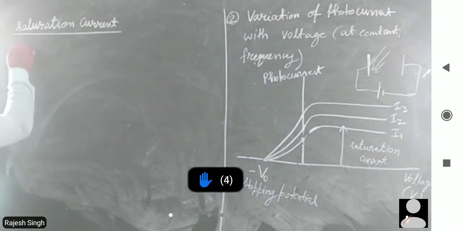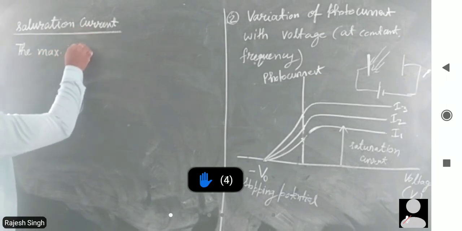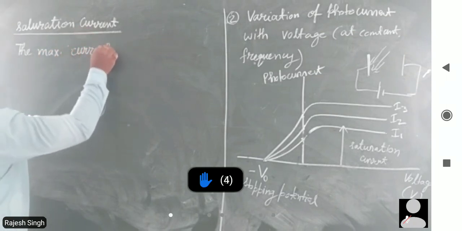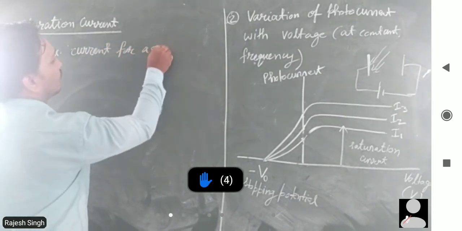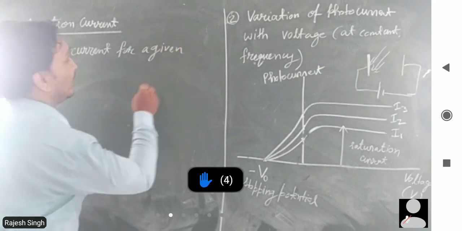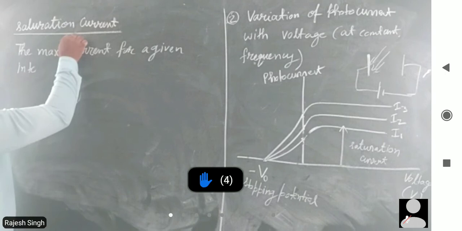Saturation current is the maximum current for a given intensity. Maximum, I should say, photocurrent